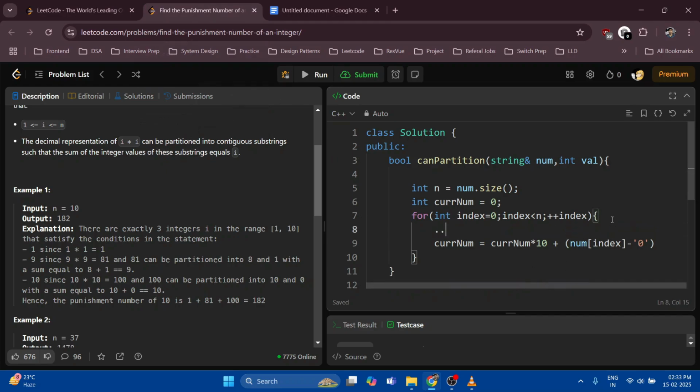I will write it here as a comment: string to number conversion. Okay, so we have this number which we need to separate. Now we just need to do